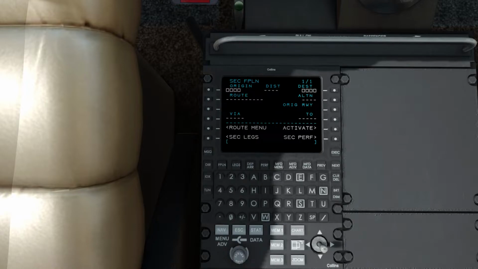It should be noted that the secondary flight plan page has its own secondary perf, so pretty much all that you're doing to initialize the first flight plan you have to do for the second flight plan, which makes sense. And you have your secondary perf, your secondary legs, and you can activate it. And route menu will be covered at a later time. Going back to the flight plan page,